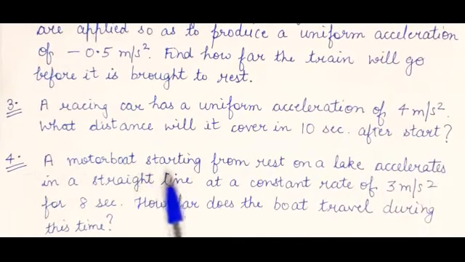Fourth, a motorboat starting from rest, again rest, on a lake accelerates in a straight line at a constant rate of 3 meter per second square. Now see the unit, meter per second square. So what is this? Acceleration. For 8 seconds, how far does the boat travel during this time? How far you need to calculate? So you need to calculate